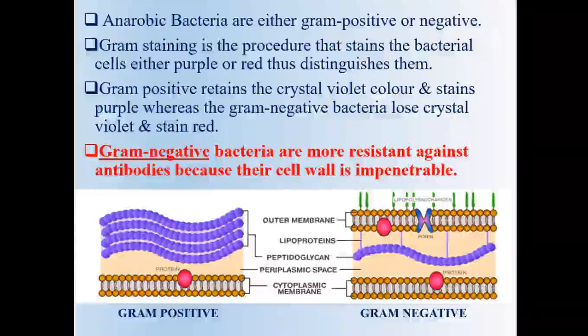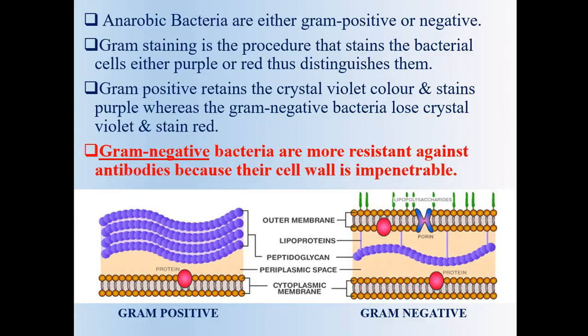Now, these anaerobic bacteria are either gram positive or gram negative. I will tell you the difference between the two. There is a procedure called gram staining that stains the bacterial cells either purple or red, thus distinguishing them. Gram positive bacteria retain the crystal violet color and stain purple, whereas the gram negative bacteria lose crystal violet and